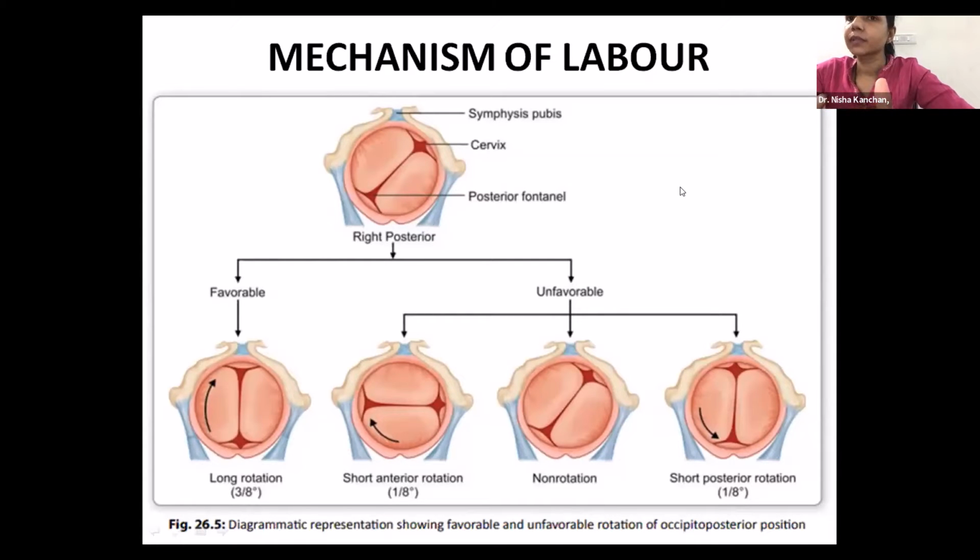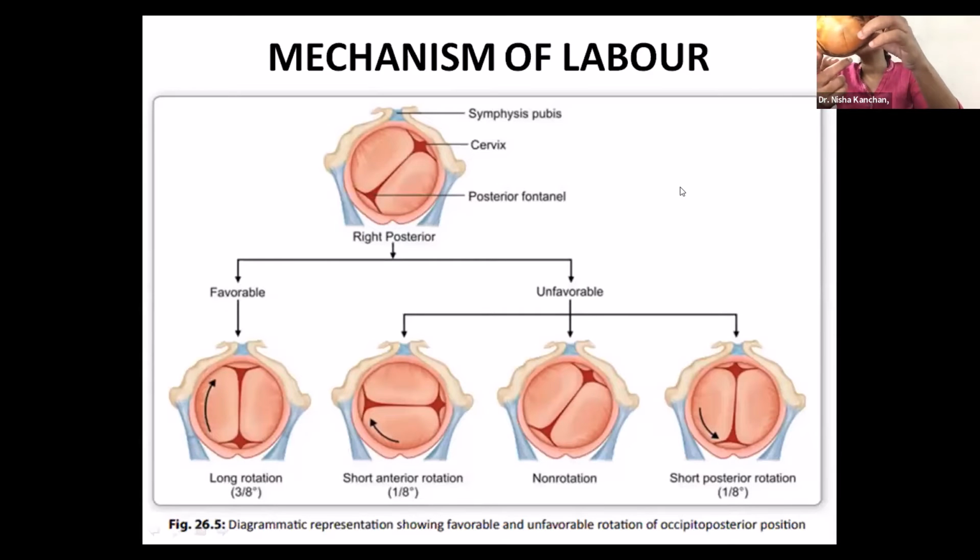So whatever part of the baby's head touches the pelvic floor will try to move it forward. Now, if you see in the first picture, the occiput was well flexed and the occiput touched the pelvic floor. During every contraction, the pelvic floor started moving it forward, 1/8, 2/8, 3/8, and it went behind the symphysis pubis. Now, in the last picture, short posterior rotation, the frontal region of it was a deflexed head. In a deflexed head, the frontal part touches first; this is a well-flexed head. The occiput is touching in a well-flexed head, so the occiput will rotate anterior.